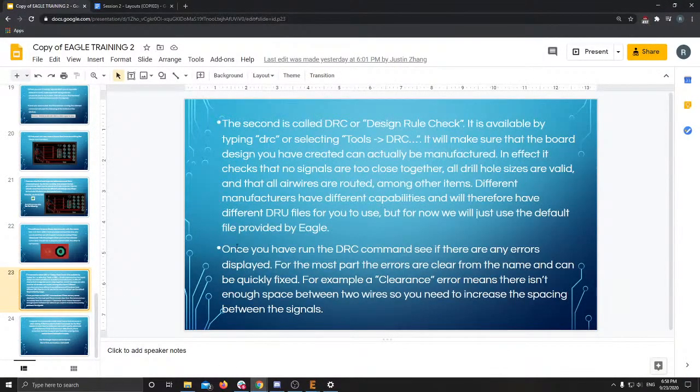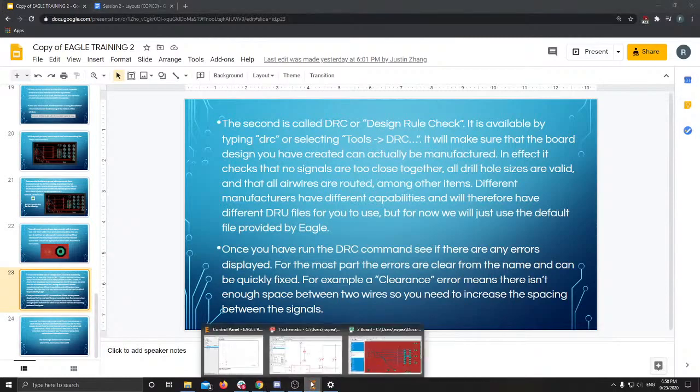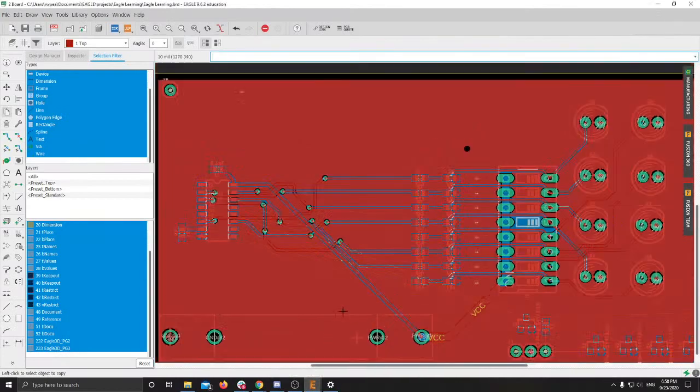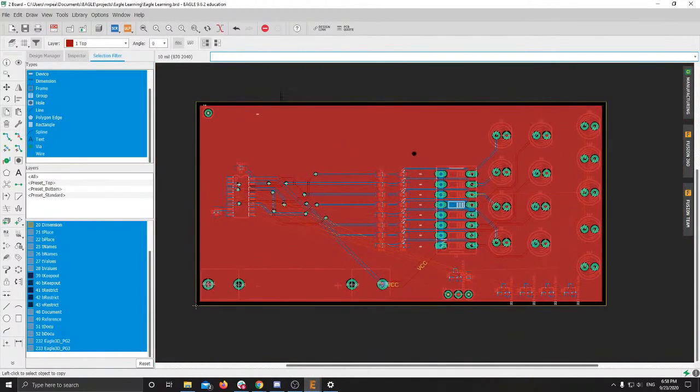So the last thing that you want to do is run the DRC. The DRC is a rule checking program. It basically makes sure that there aren't any violations in your design. And you always want to do that at the end of your design process. So you'd run a rat's nest before then, so I'll go ahead and run one. And then what you can do is